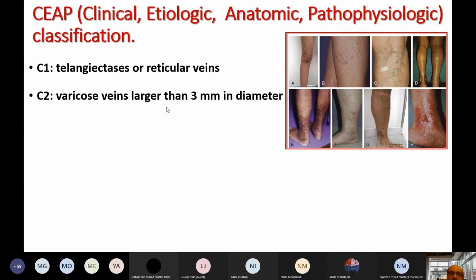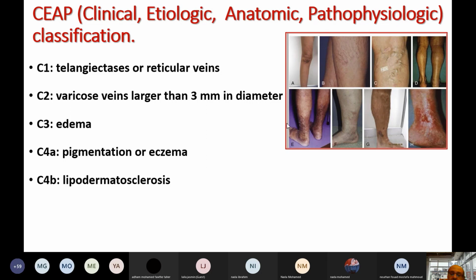And if the patient has a larger varicose vein, about 3 millimeters, something like this, it is called C2. And when the patient has edema that is caused by varicose vein, he has C3,